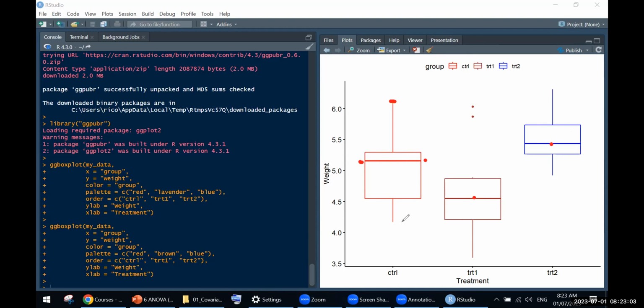And then these are the extreme values. And you'll notice that in the brown dataset, or treatment one, you have dots here. These are actually outliers or extreme values. And then you also have,